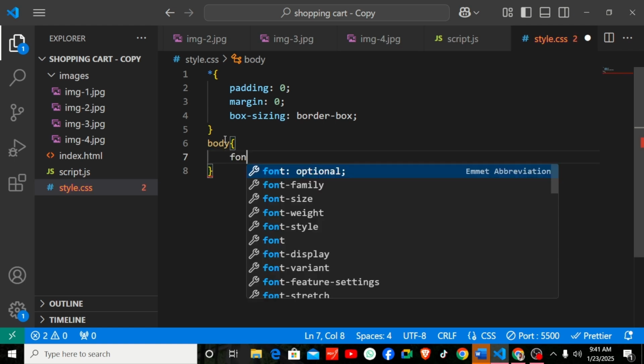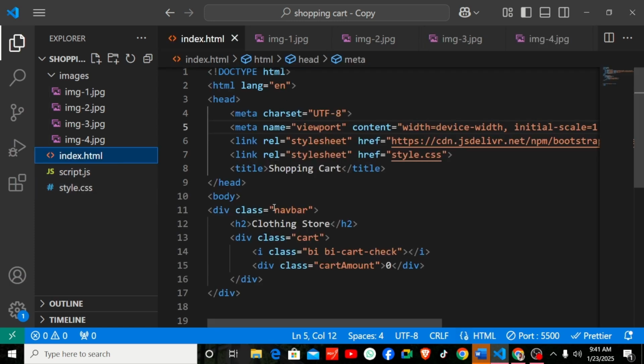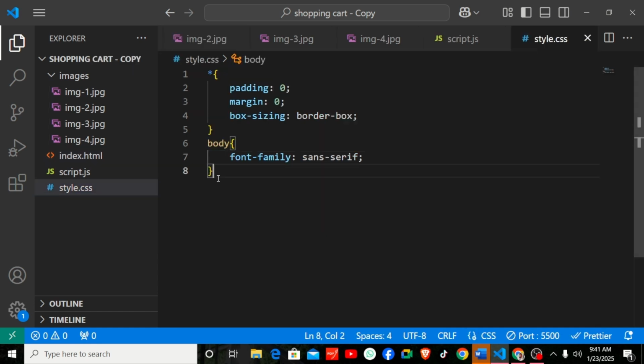Okay, I will say font family to be SS, right? Just like that. Now let me go to this class Navbar. I'm going to copy it, and I'm going to style it here,